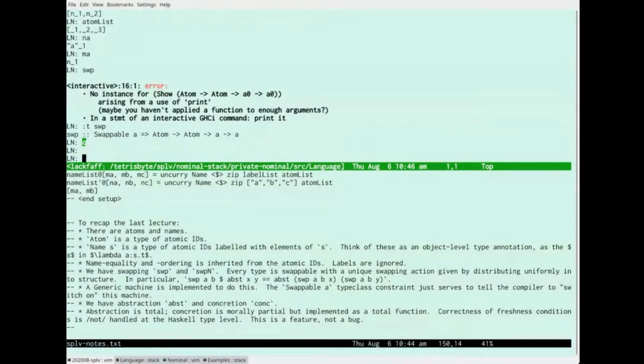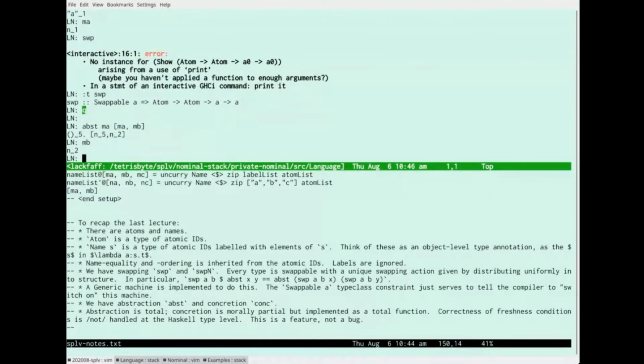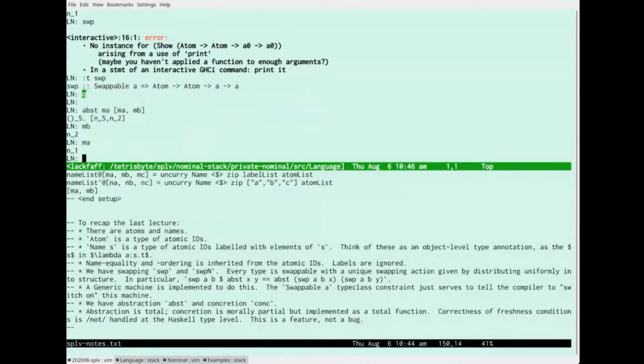So let's try swapping A and B. Well, let's just look at abst A. Now I need a name, don't I? Abst MA in MA MB. There we are. So MB is N2, displays as M2. MA displays as N1. The reason we've got a 5 here is because the abstraction bound A, and then when